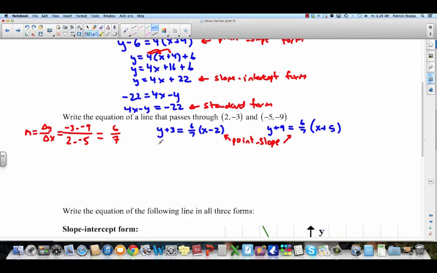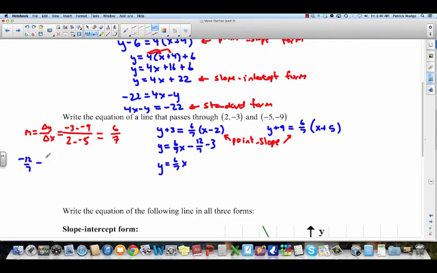So let's do 2 steps at once here. Let's move the 3 over, but at the same time, let's also multiply using the distributive property. So 6 over 7 times x is 6 over 7x. And 6 over 7 times negative 2, well, positive times a negative is negative. And 6 times 2 is 12. 7 times 1, remember it's 2 over 1, is 7. And at the same time, we're moving the plus 3 over, it becomes minus 3. Alright, last step. 6 over 7x stays the same, but we have to do negative 12 over 7